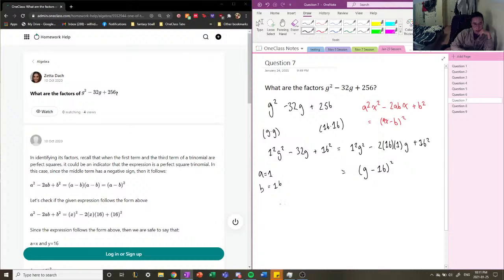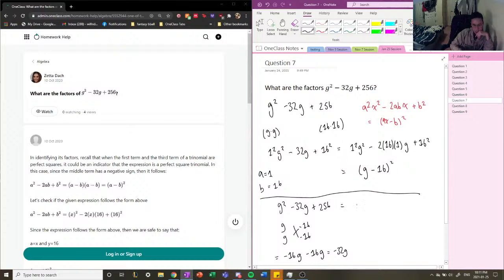And if I were to write this using the cross multiplication method, just to re-emphasize this, then this would be g times g, and 16 times negative 16. If we cross multiply this together, we get negative 16g minus 16g, and what do we get? Negative 32g. So therefore, the factors of this are g minus 16 times g minus 16, which is g minus 16 squared. Okay, so these are some of the patterns that you need to recognize when you're factoring,